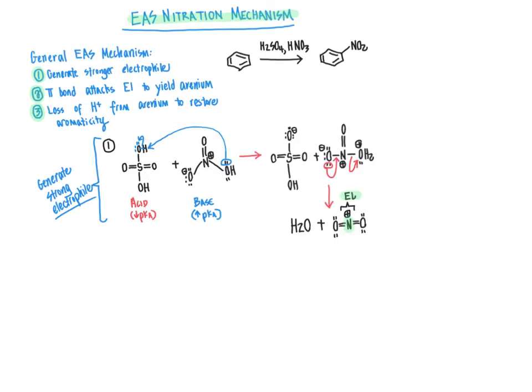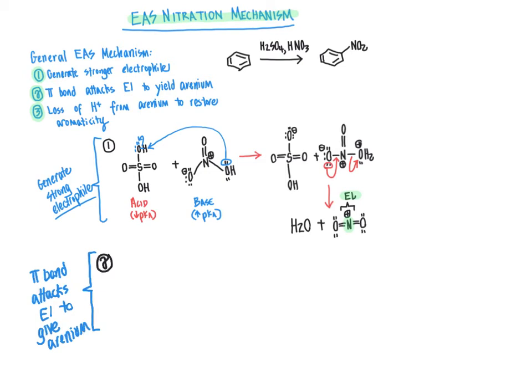So I've zoomed out just a bit so that I can fit everything onto the screen here. Now we will go onward to part 2 of the reaction. In part 2, that is where we said that the pi bond from the aromatic compound was going to attack the electrophile to yield the Arenium. So I'm just going to label this over here as the pi bond from the aromatic ring attacks the electrophile, that's going to be the nitrogen of NO2, to give the Arenium product. That was our positively charged carbocation